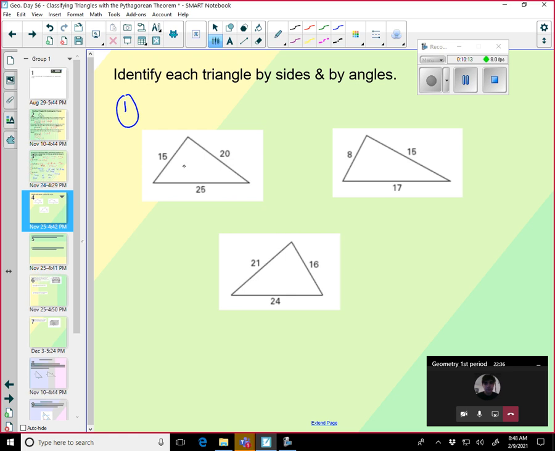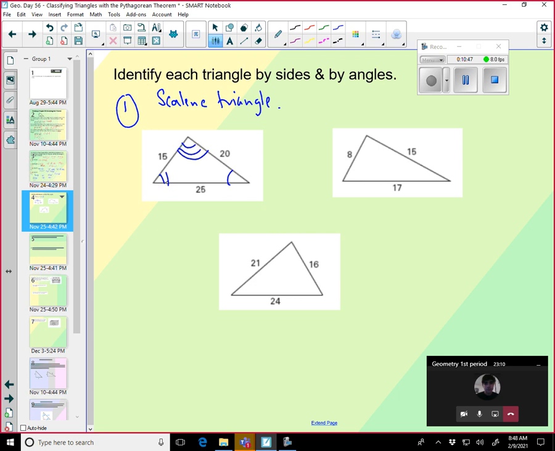Okay, so based on sides, none of the sides are equal, so it's a scalene triangle, right? So first of all, it's a scalene triangle. Based on angles, none of the angles are equal. See, because if this is 15, this is the smallest angle, then followed by this is the second smallest angle, and this is the largest angle. Okay, based on the angles, we have a scalene triangle.